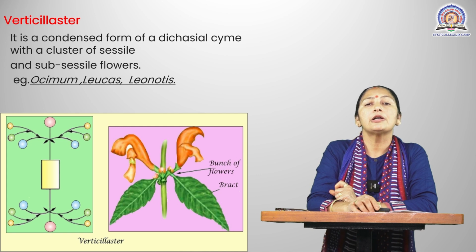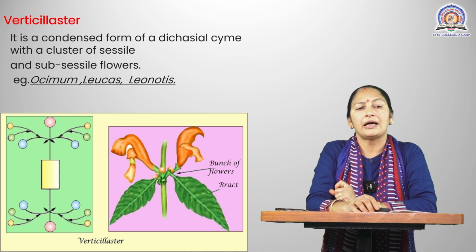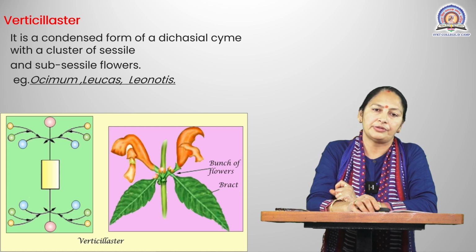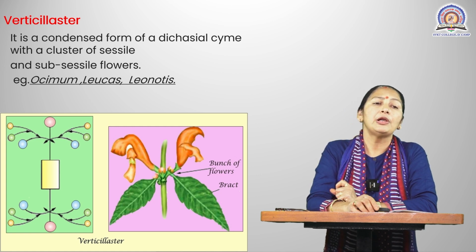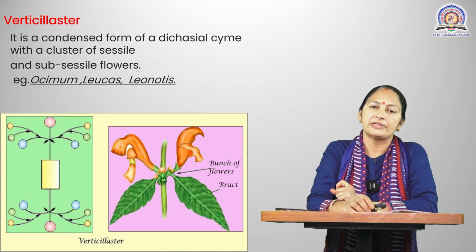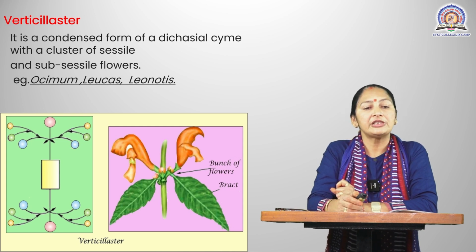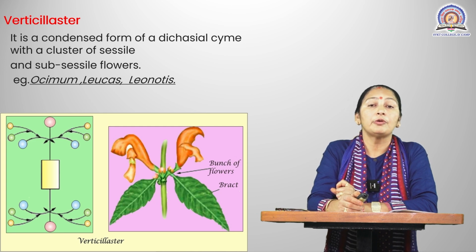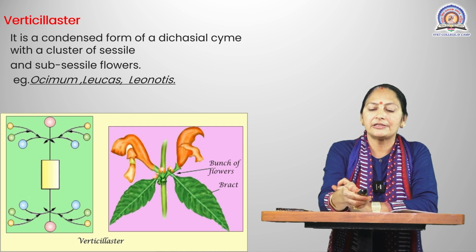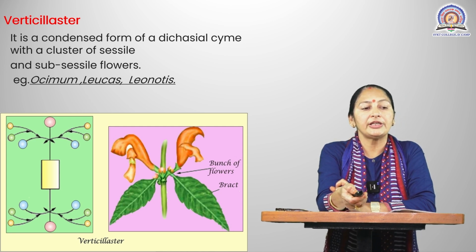with a cluster of sessile as well as subsessile flowers arranged. The best examples are Ocimum, Leucas and Leonotis. It is a good example of the verticillaster type of inflorescence, and it is very common. You have to always look at the tulsi plant, whose botanical name is Ocimum, and this special type of inflorescence is present in it as the verticillaster type. Then next you have to see